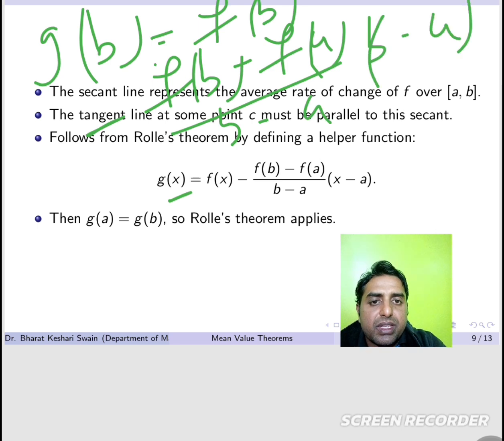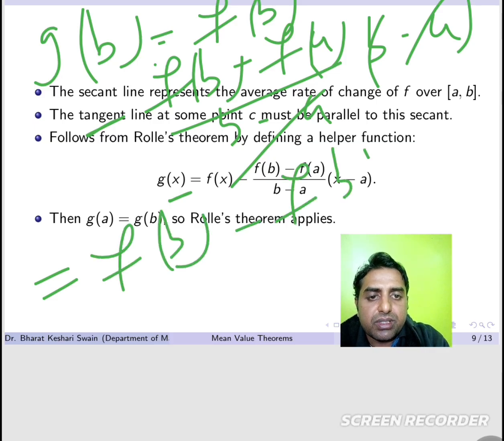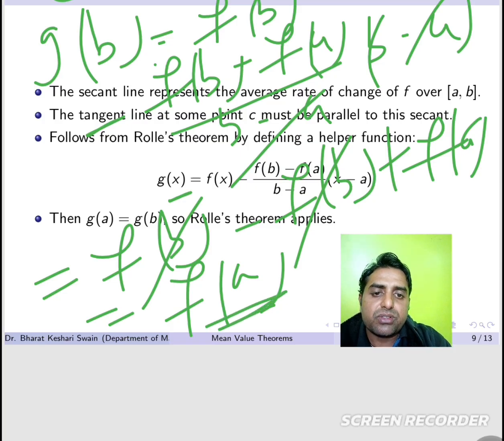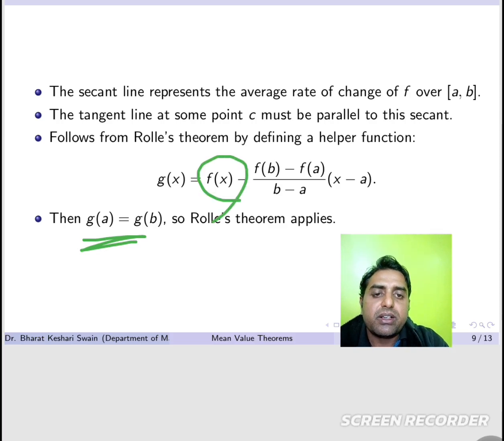Okay, so b minus a will be cancelled. Now f of b, what will be the result? F of b minus f of b plus f of a, and f of b minus f of b cancelled, so f of a will be the final result. That means g of b will be equal to f of a, and g of a is also f of a, so both are equal. So g of a equals g of b, and since we have given f of x is differentiable and continuous,